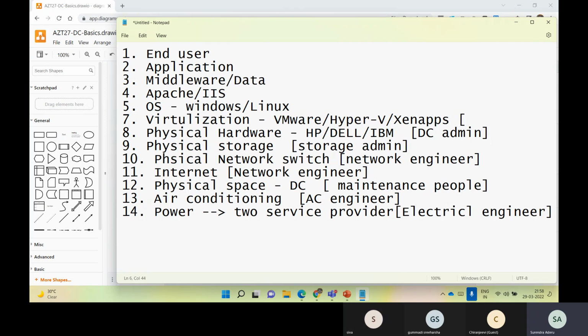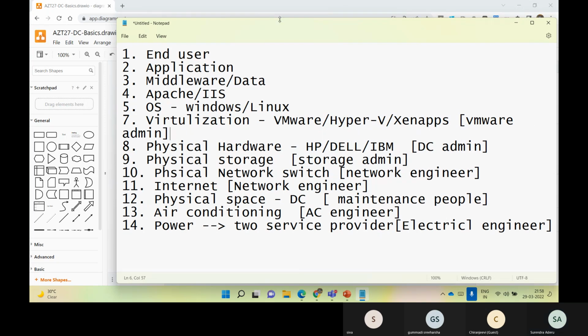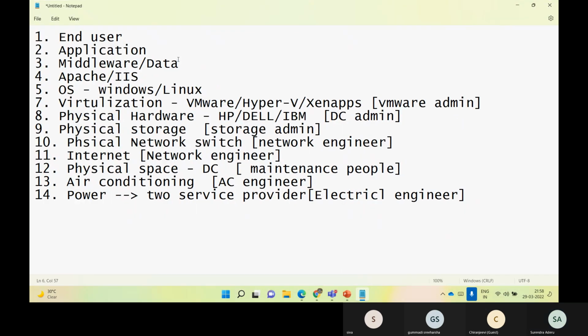Virtualization platform is VMware we purchase. We need a VMware admin. Right? If your operating system is running on Windows, you need a Windows admin. If not, it's Linux and a Linux admin. Because we don't know how to install and manage the stuff in a server operating system. We have a dependency, separate roles in the organization, right?